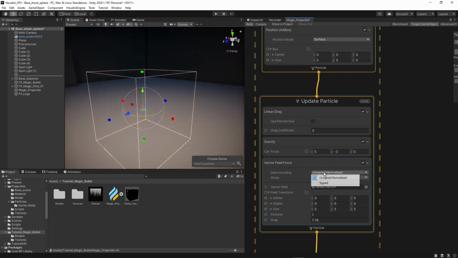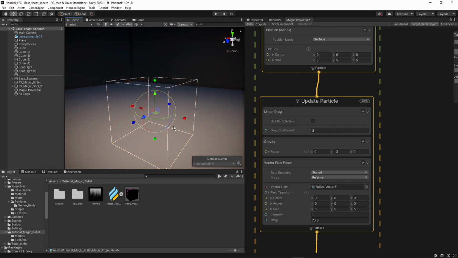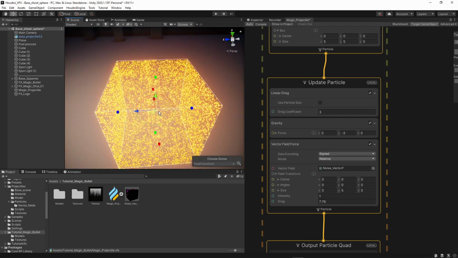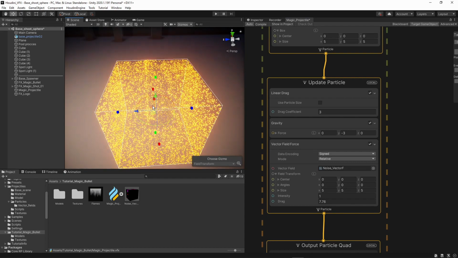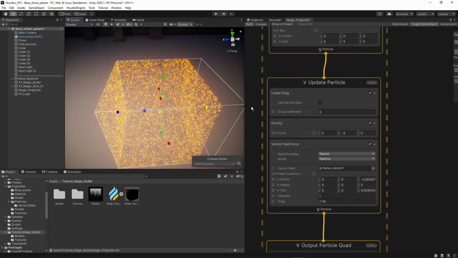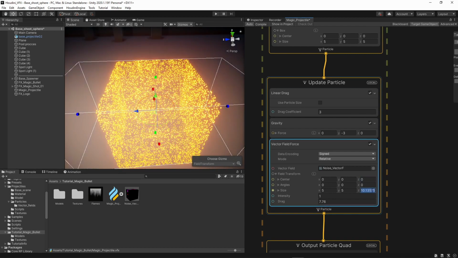I would also sometimes switch here to signed instead of the unsigned normalized, and you'll see that this will stay a bit better in place at the moment. So we can see that the middle is working. This is actually where we had the volume, and this was an empty space in my Houdini scene. So we can simply stretch this out. If I press 0 and put in 30,